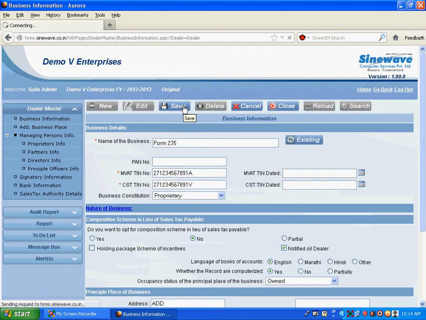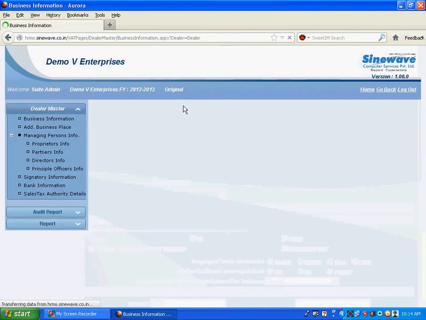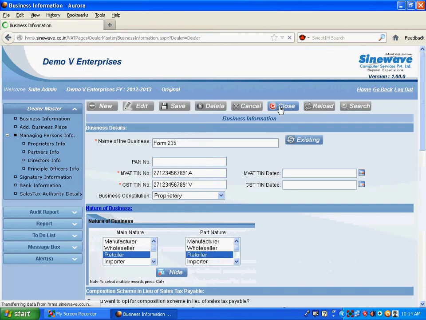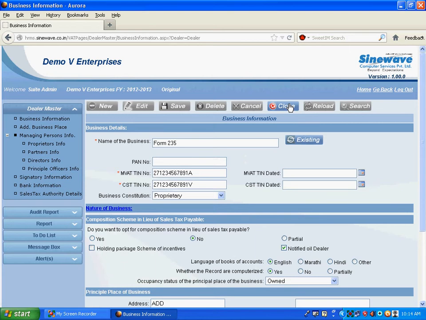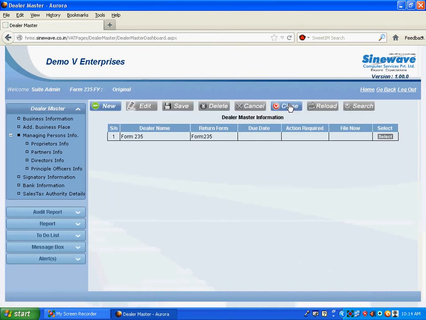Click on save. The dealer name form 235 is created.